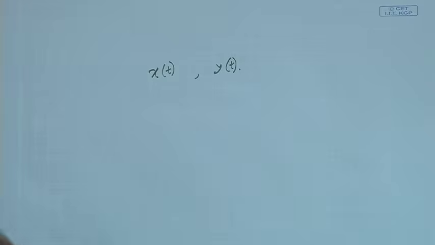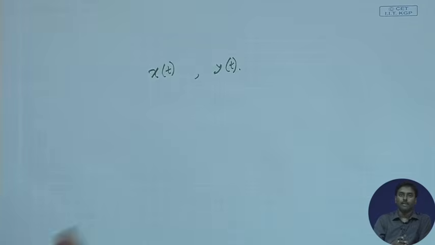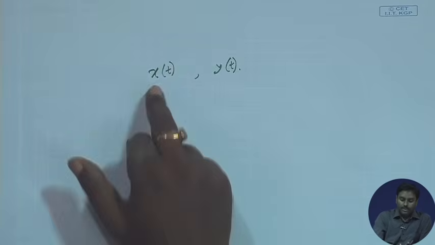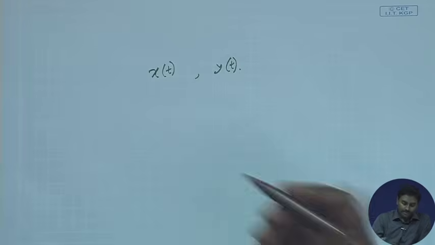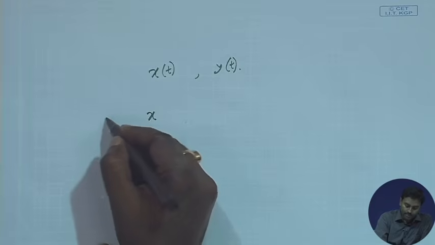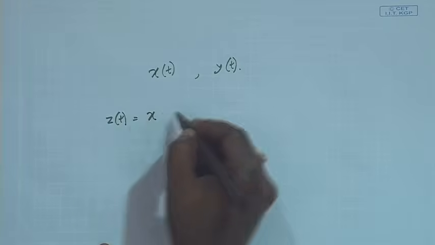So, we are just assuming two very simple signals which are orthogonal to each other. It might be just like cos ωct and sin ωct. We have already proven these two signals are orthogonal within a particular period, if it is defined from minus pi to pi. So, take these two signals and let us say I wish to generate another signal z(t), which is